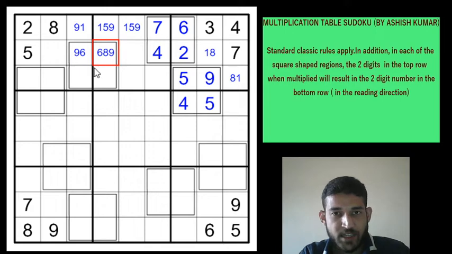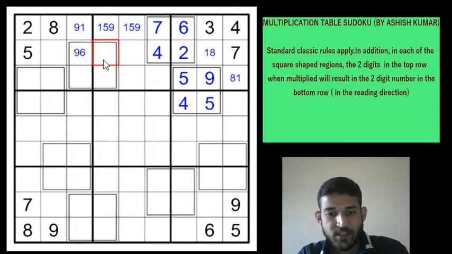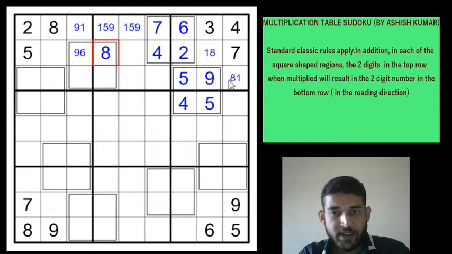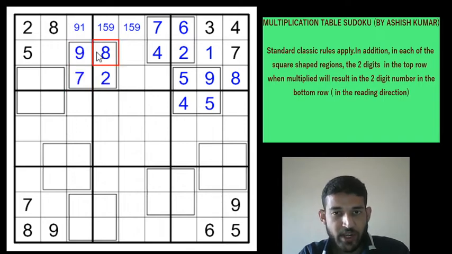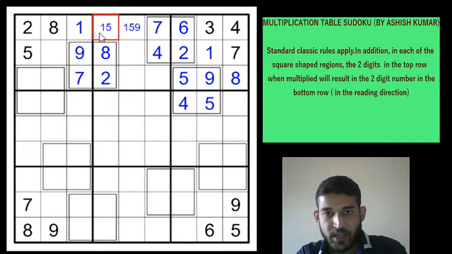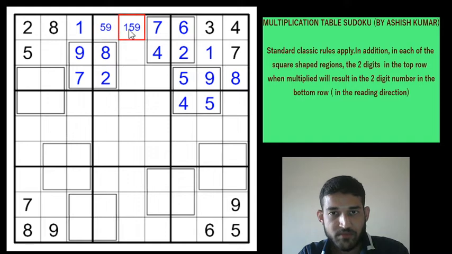Now again a sharp deduction. If you have a 6 9 here as well, you have a 6 9 locked in row 2 column 3. If you also have a 6 9 in row 2 column 4, then 6 9s are 54, but you can't have a 5 here, right? So this will be an 8. That's fantastic. So you get an 8 here, an 8 here, and a 1 here using classic rules. Now 8 9s are 72, and 8 into 6 will be a 48, but the 48 is not possible because 8 and 8 will be repeating. So this will be a 9, and this is a 7 and 2. 8 multiplied by 9 gives you a 72, and because of this 9 you get a 1 here, and these will be 5 9 in some order.